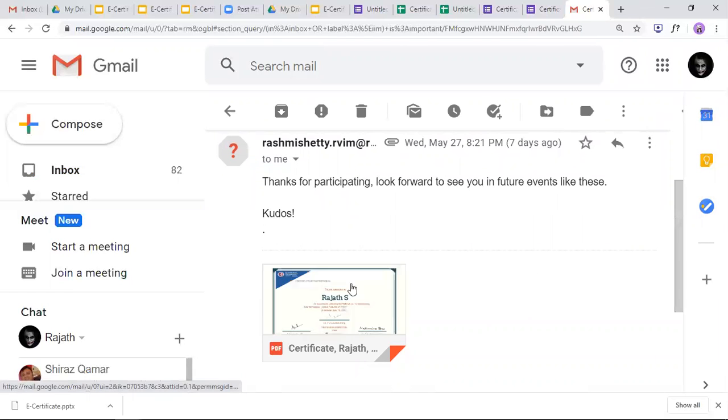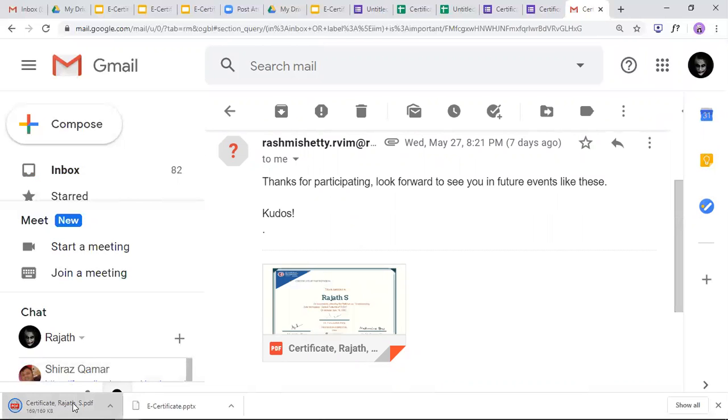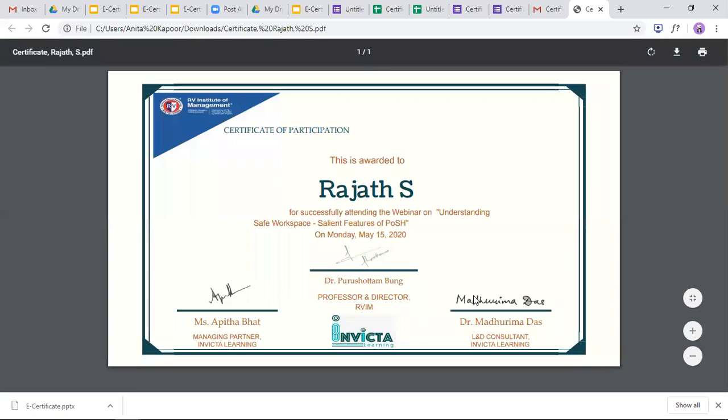Show me the certificate; I want to see what all you have written in it. Here I've used the institute, the first name tag, a space, and the last name tag. That's all.